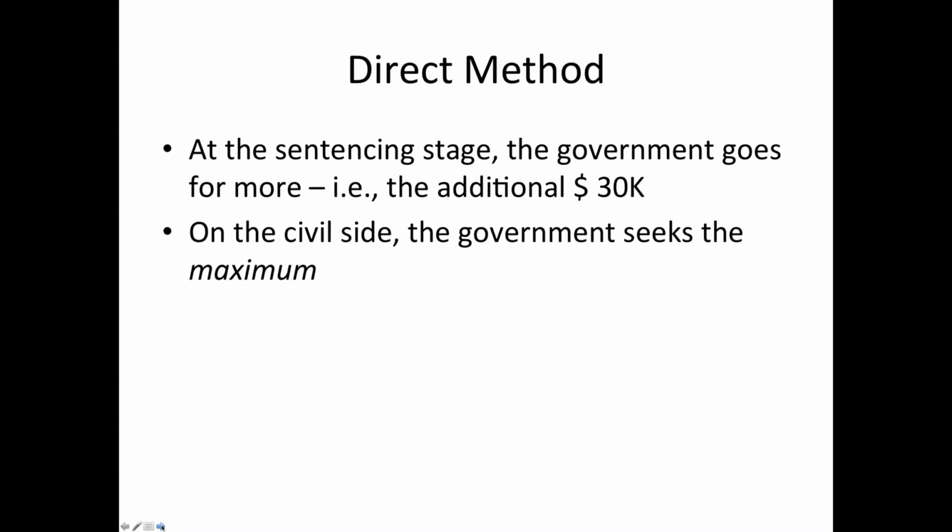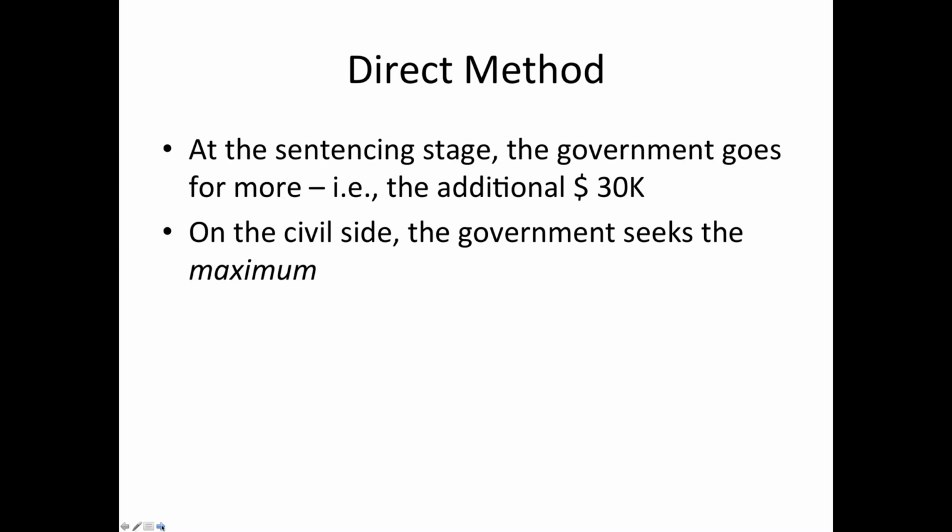So it's easier for the prosecutor to prove the additional $30,000 of unreported income at the sentencing phase under the preponderance of evidence standard than it was for the government to prove that additional $30,000 in the case in chief, where the standard was significantly higher, beyond a reasonable doubt. And on the civil side, you bet your pants that the government will seek the maximum, because the burden there